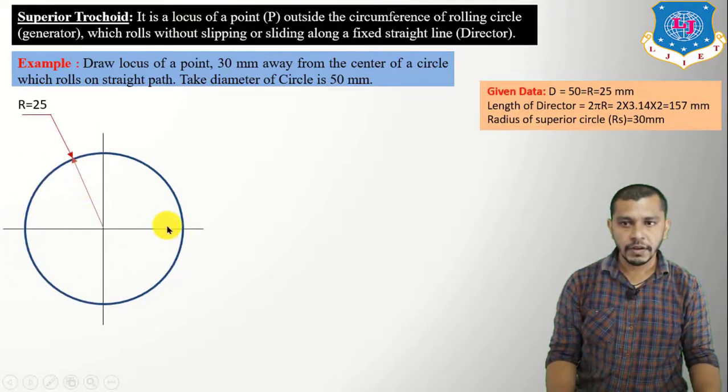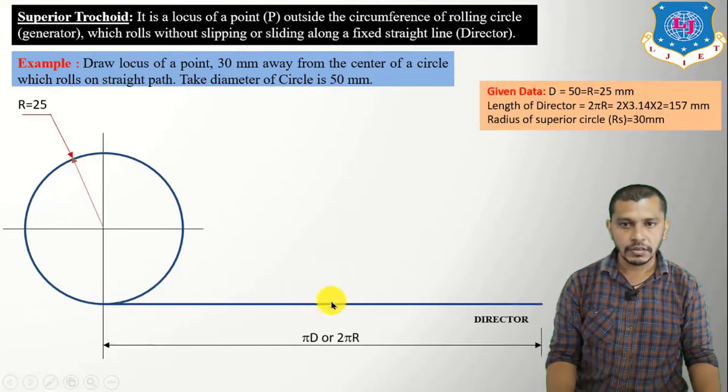And here we have shown the vertical and horizontal diameter of the circle. So from the intersection point of the vertical diameter, draw a detector line which should be perpendicular to this line and having length equal to 2 pi r, which is equal to 157 mm. Now after drawing this line,